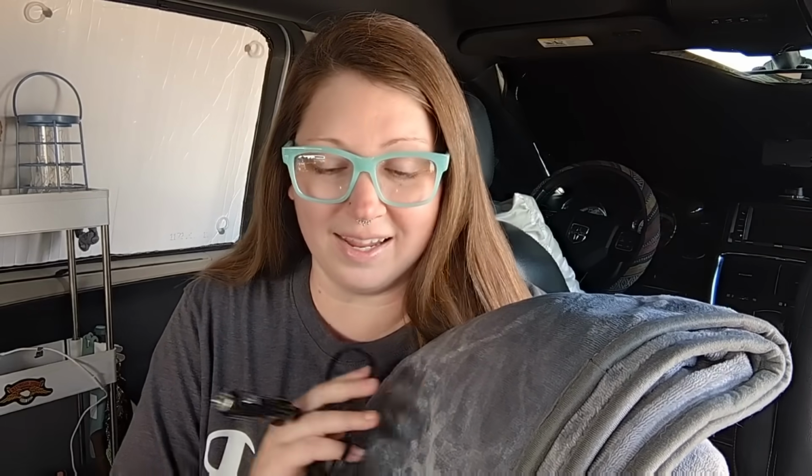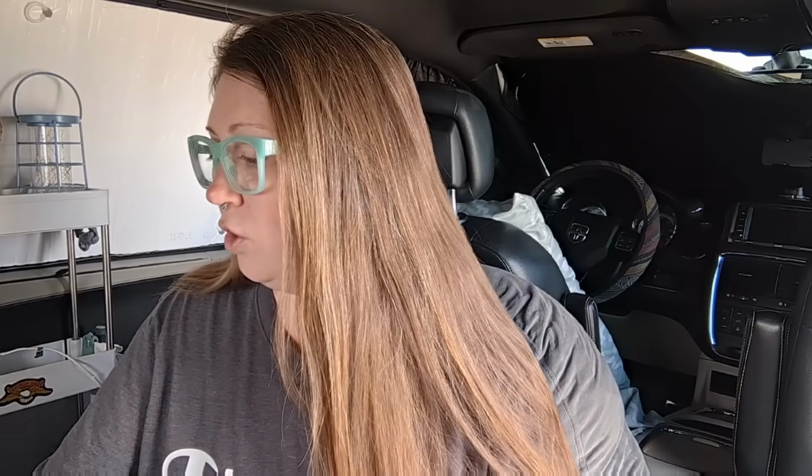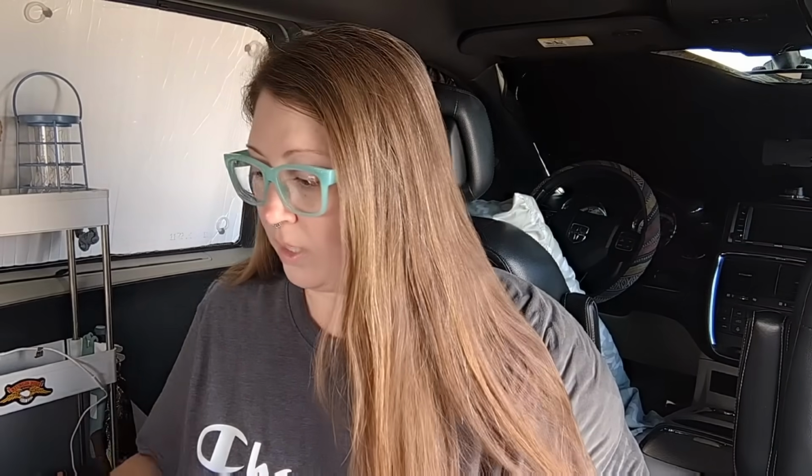Last night I woke up and I was sweating. So this thing is awesome. So I have the micro fleece, then this on top of it, and then I have a super comfy Sherpa blanket on top of that. And if I need it, which last night is the first night that I needed it this season, I have my Get Out